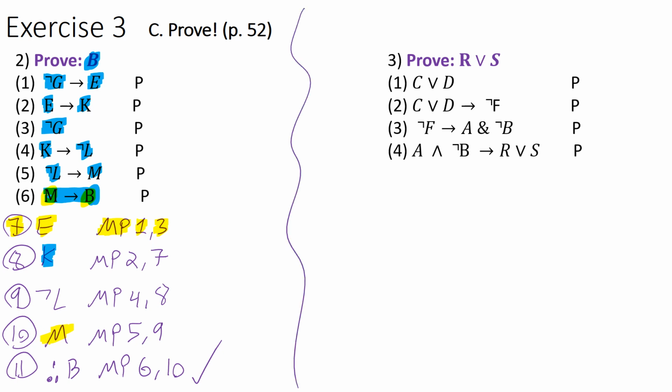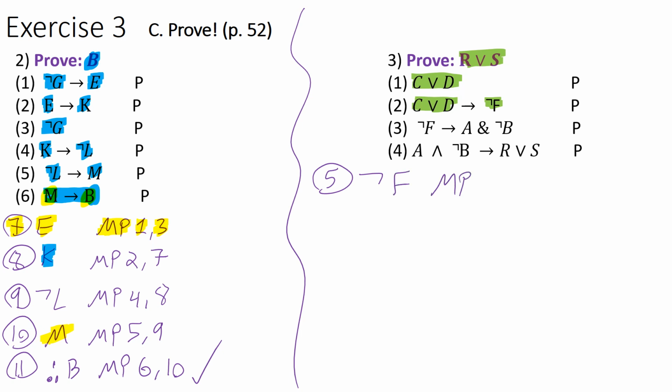For number 3, we want to prove the disjunction R or S. So once again, I think the best thing to do is to look for something that is declared to be absolutely the case. And we have that. We know for a fact, because it's a given premise on line 1, that C or D is the case. So either C or D is the case. That's a fact. But because that is a fact, we could affirm the antecedent to line 2 to get not F. So for line 5, we can get not F